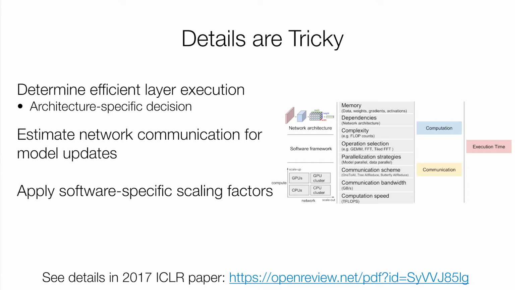We also have to estimate network communication for model updates. We're in a distributed setting. We focus on bulk synchronous systems, but we still have to figure out, do we have a one-to-all communication, a tree-based all-reduce, or various different ways to communicate across different networks. There's also this issue of a slop factor you have to take into account. Software doesn't really squeeze all the juice out of its associated hardware. If you want good estimates, you have to take that into account.